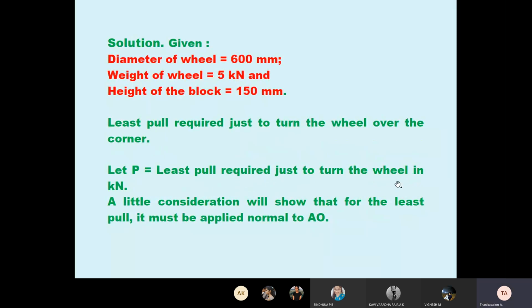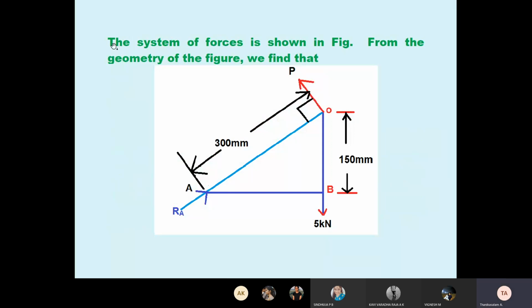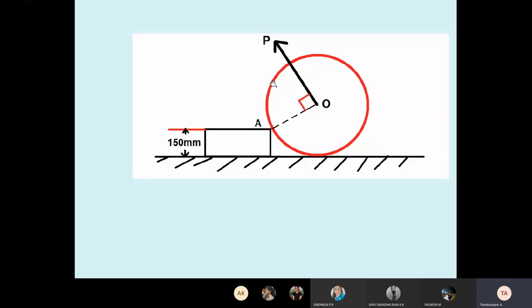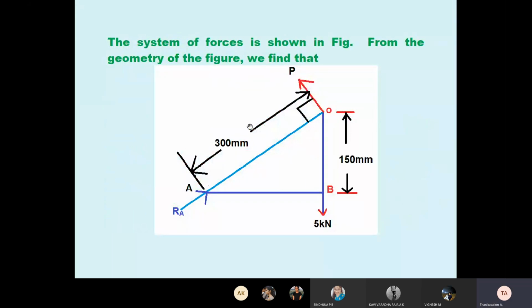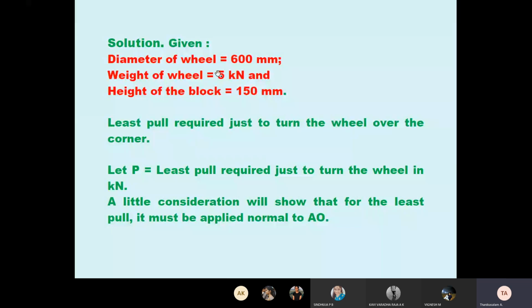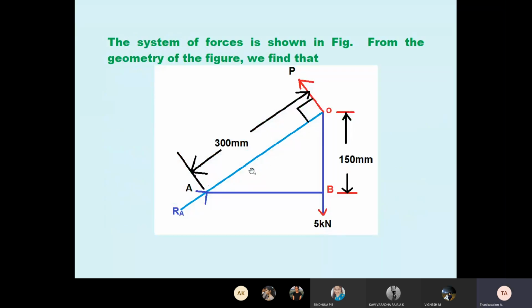So, okay, now see the diagram. I have drawn the diagram. How have I drawn it? That's why we need mathematical skill. See, you know the diameter of the wheel is 600, so the radius of the wheel is 300 mm. OA means the radius, 300 mm. So I mark here OA as 300 mm. Students, O to A is 300 mm. How did 300 come? Diameter 600, therefore radius 300 mm. Okay.